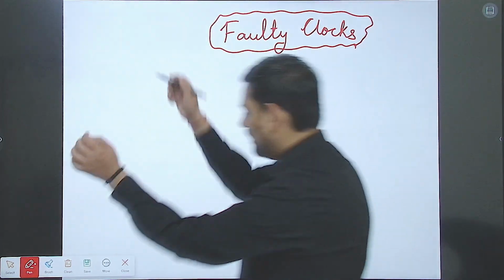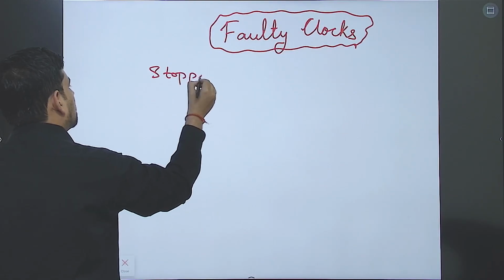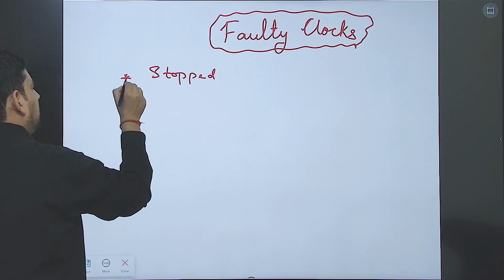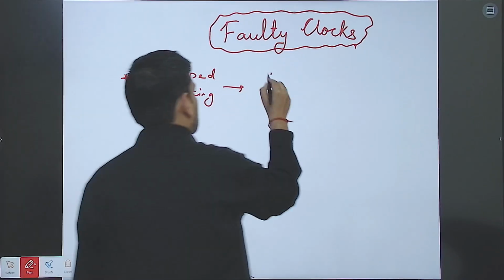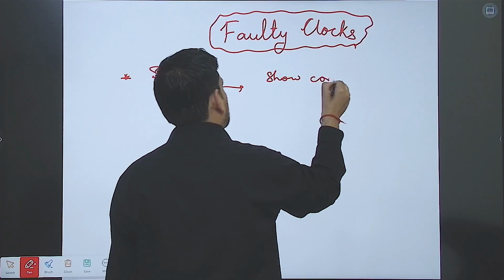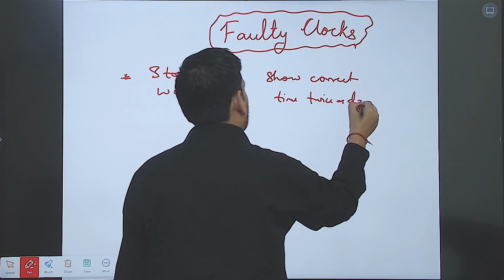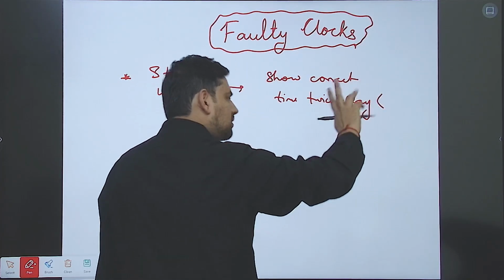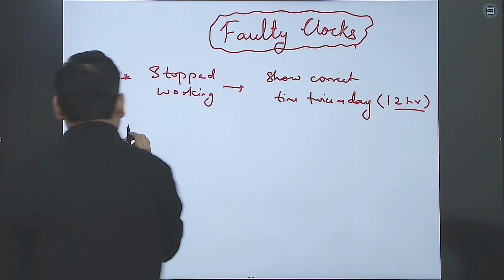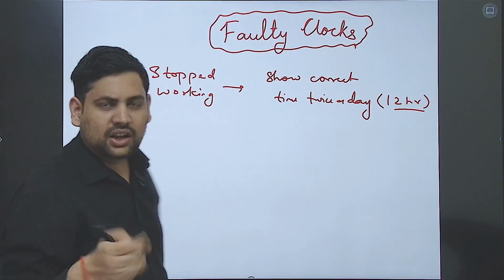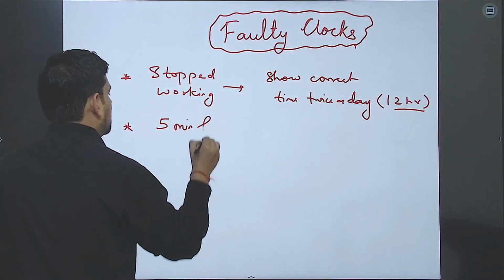First thing, you need to note these two points. If a clock has stopped working, then also it will show the correct time twice a day. Of course, when everything rotates, twice a day it will show the correct time for a 12-hour clock. And another thing, if it is written, for example, that the clock becomes 5 minutes faster